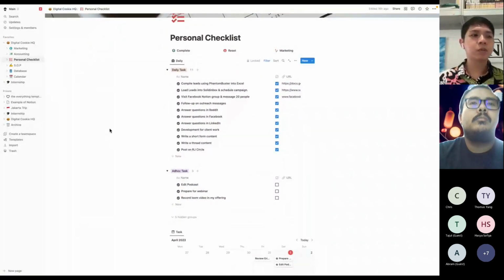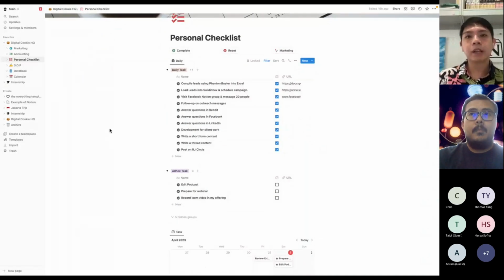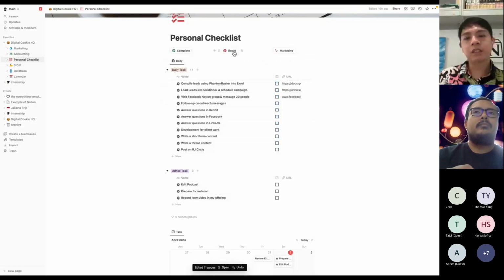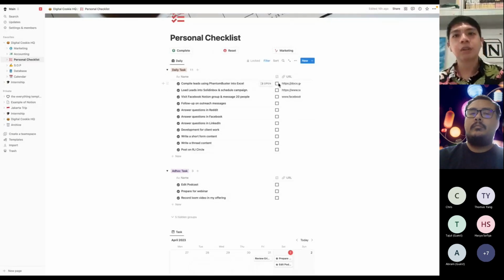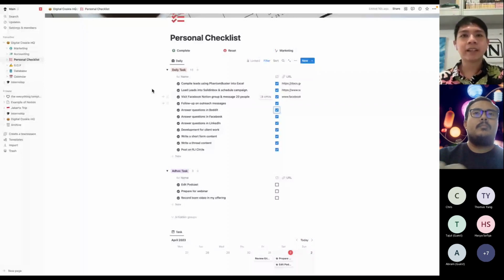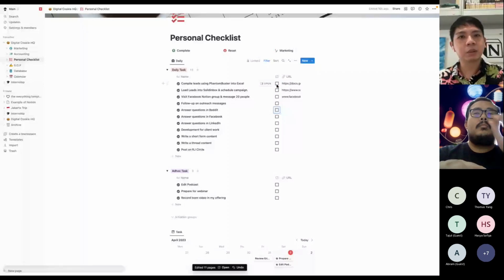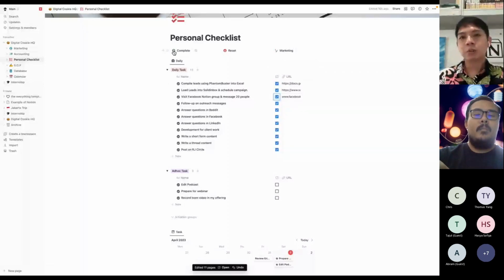Another very simple use case for Notion is that people often use it for their own checklist. The good thing about this is that Notion recently introduced something called Notion buttons, which is quite good for me. For example, this is my daily task, the things that I have to do. I can just click it here every time I do the same thing. Once it's done, I can just do it like this. And then the next day I can click on reset and do the checklist again. Of course, I have this cheat code where I just click complete everything. So this is for my daily tasks.